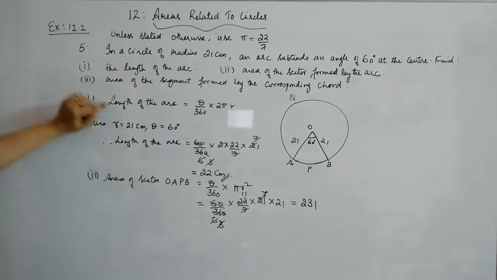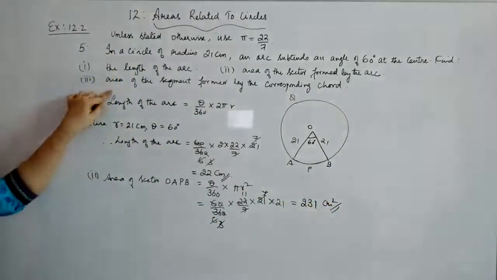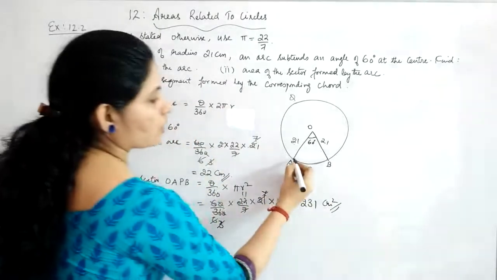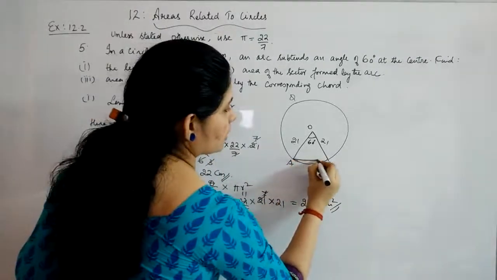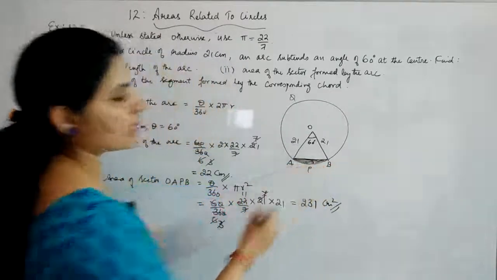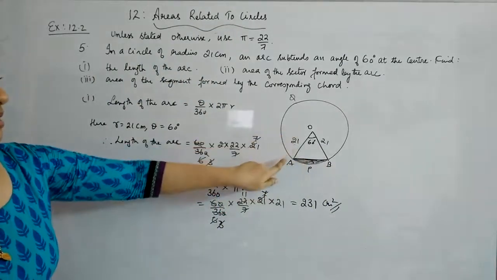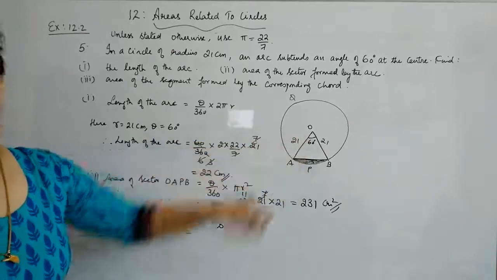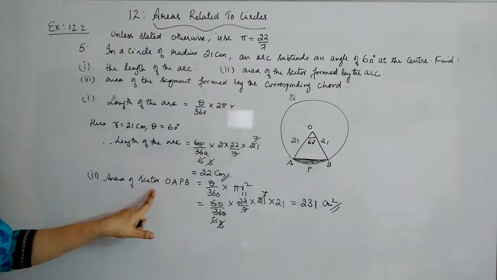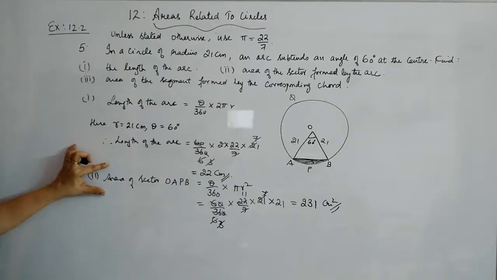And now you have to find out what is the area of the segment. And how will you find that out? You have to get the area of the segment, which is the segment formed by the corresponding chord. So corresponding chord means this is the chord AB. And this chord is forming the segment, that is the minor segment. So the area of this minor segment you have to find out. For that you will just subtract the area of the triangle from the area of the corresponding sector. Okay, so that means area of sector minus area of the triangle. So the sector area you have already found out. Now we will find out the area of the triangle.